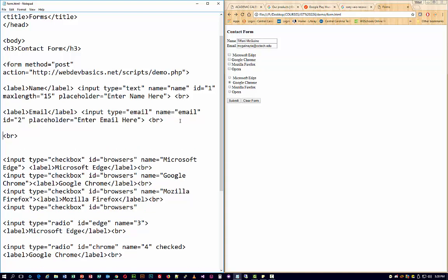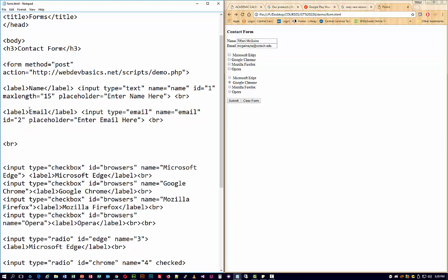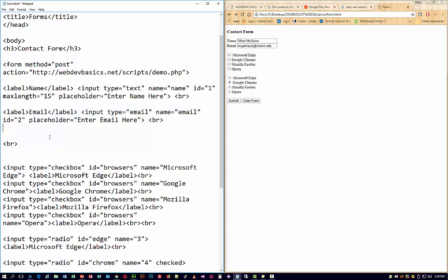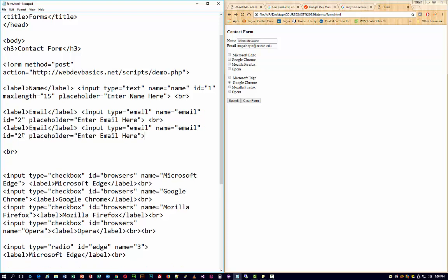Let me copy all of this. Change that to 22. And right here, you change the type to password, and it automatically gives you